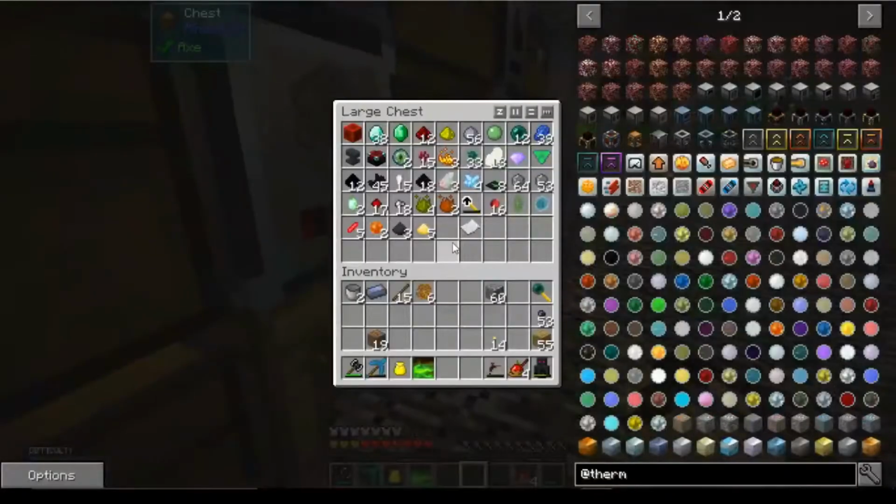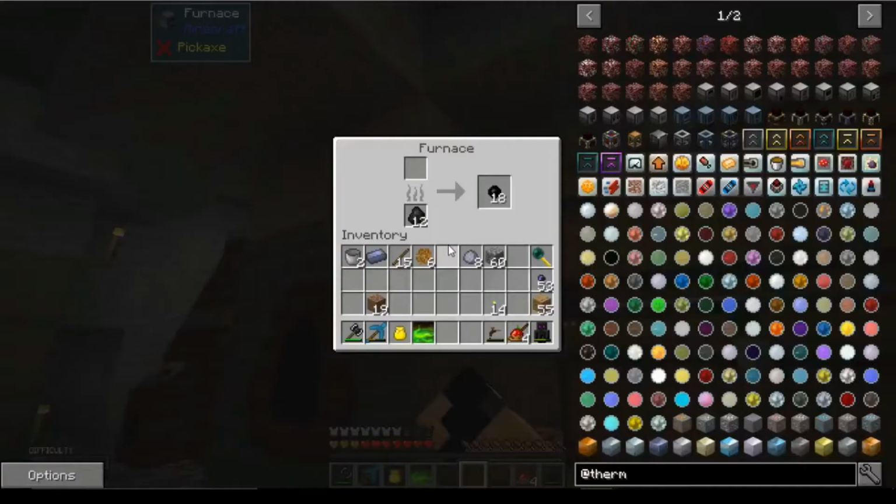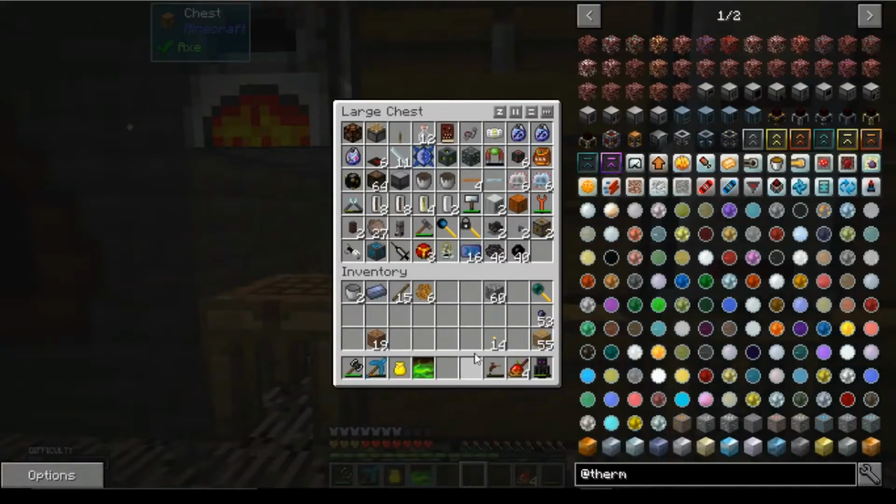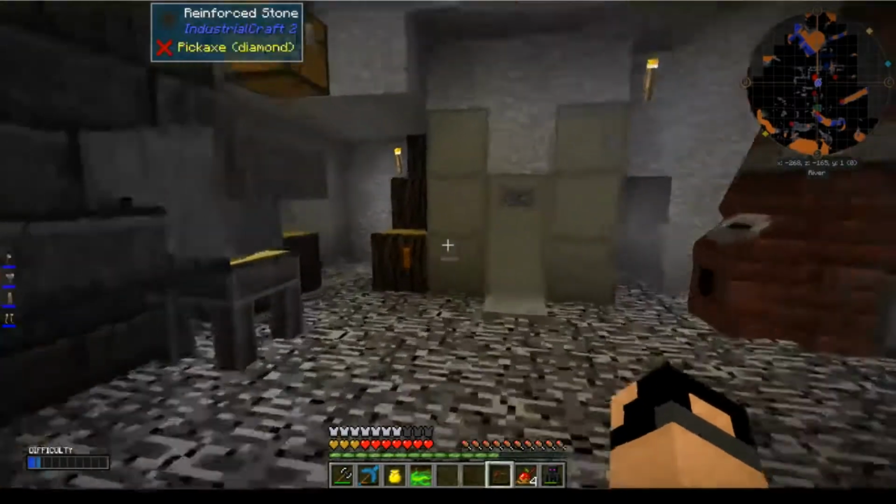We need to cook some clay. So we needed 8 of them. 1, 2, 3, 4, 5, 6, 7, 8. Get you going up in there. We'll get rid of that rubber. You can go in there. Remember, we need 80. 80 is our total that we're looking for. So I'm just going to